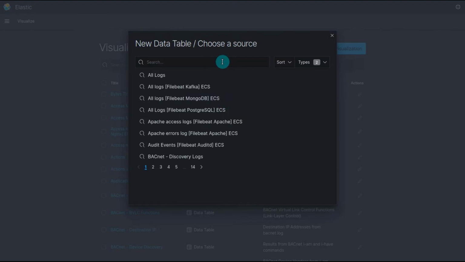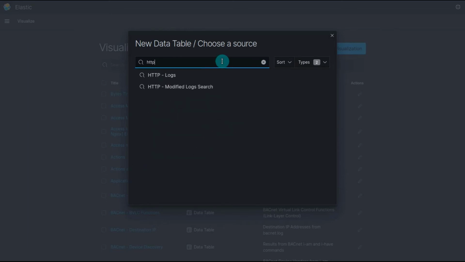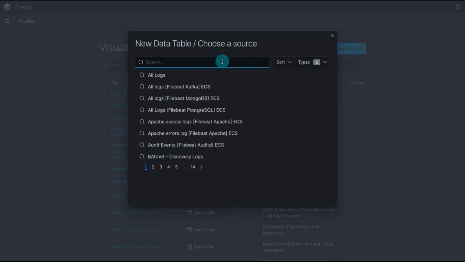First thing we need to do is choose a source. And since I'm not interested in a specific protocol, right? Like if I was interested in HTTP, I would probably choose HTTP logs. Or if I was interested in FTP, I would probably choose FTP logs. But I'm interested in all connections, and I could just choose all logs, but that's going to be maybe a little bit more inefficient and include other types of logs that I might have in my database that I don't care about, or might include some